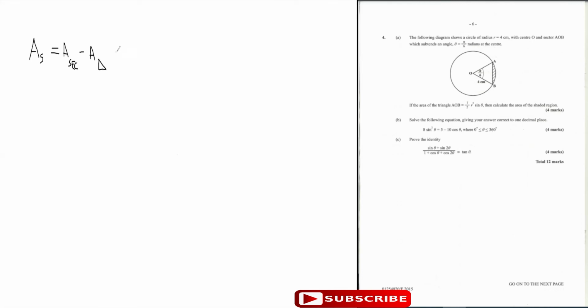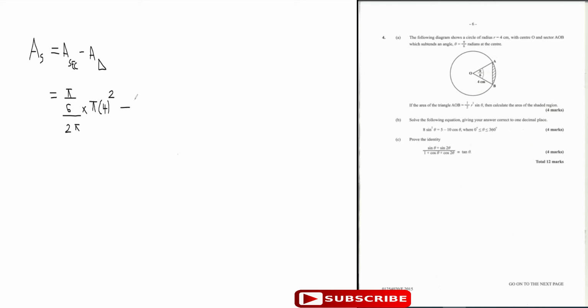Now area of the sector, from CSEC Mathematics, is theta over 360 times pi r squared. In this case, theta is pi by 6. So it's theta over 360, in this case 360 is 2 pi, times pi r squared, which is pi times 4 squared. That will give you area of the sector